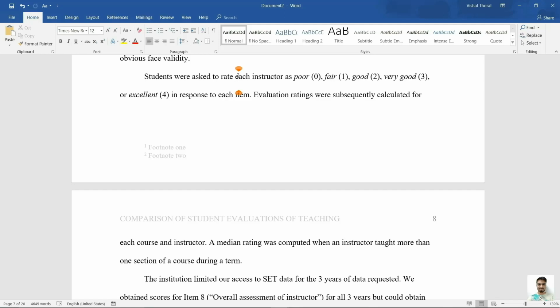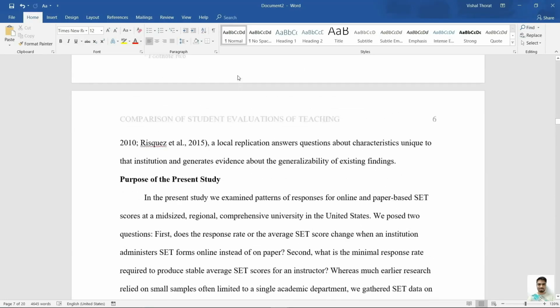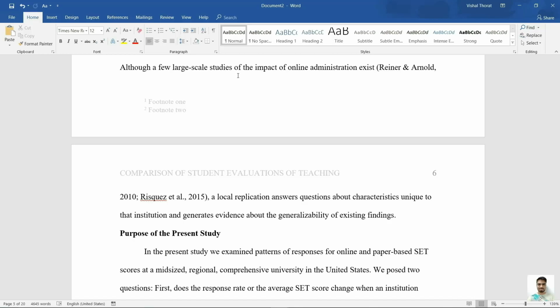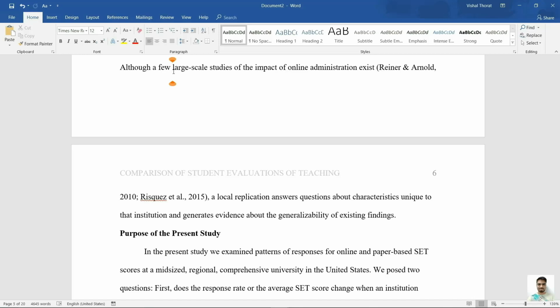Now problem here is these footnotes are inserted on all pages. For example, I want footnotes only on page 7, but this footnote is there on page 8 and all the remaining pages, and even before, like page 6 also has the same footnote. I want footnote only on page 7. For this, we need to learn how to insert different footers for each page. There is no option to choose this page only in Microsoft Word footer format settings. Now I want to insert footnote on page 7. For this, you need to go to the previous page, that is page 6 in this case.